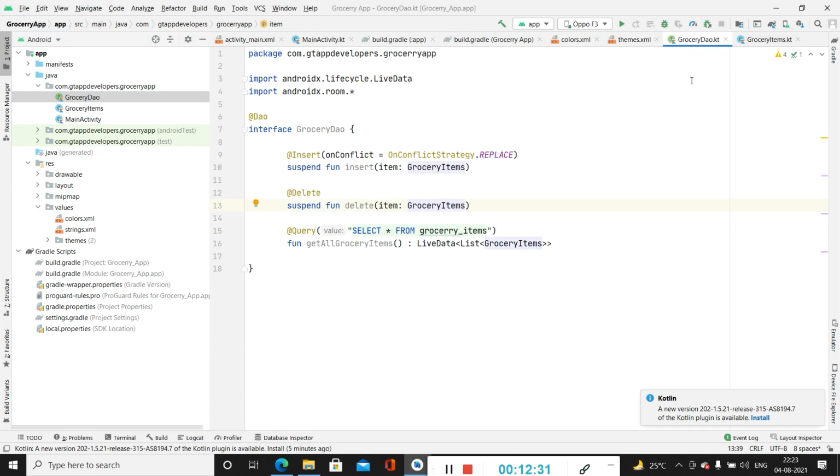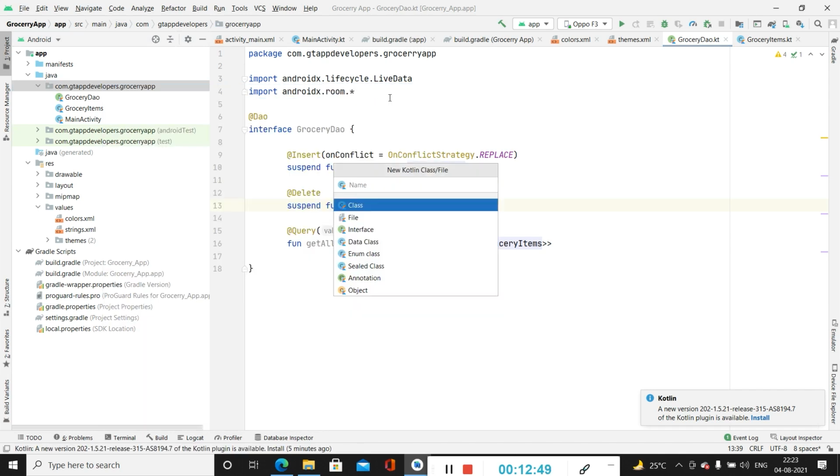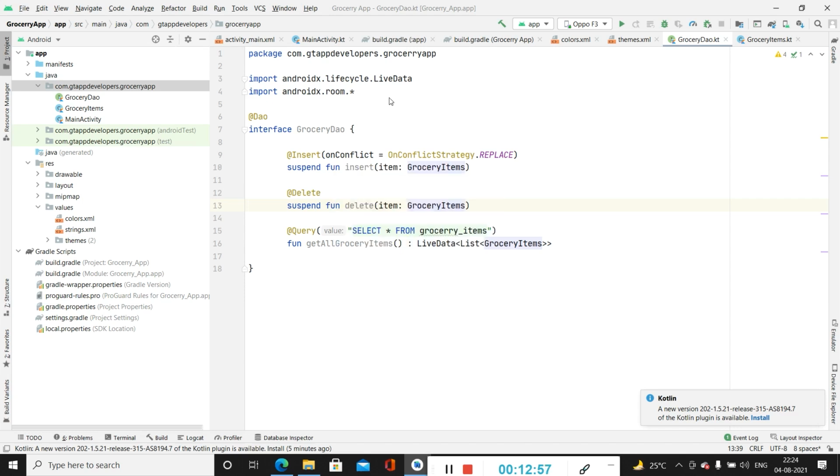Now after that we have to create our database class, inside which we will be creating the instance for our database. So for that we have to again go to our package name, right click, new, Kotlin class / file. Then we have to specify the name as grocery database, and this will be an abstract class.